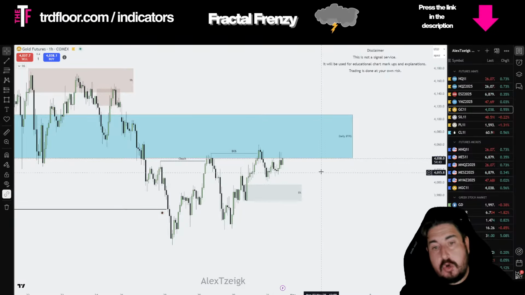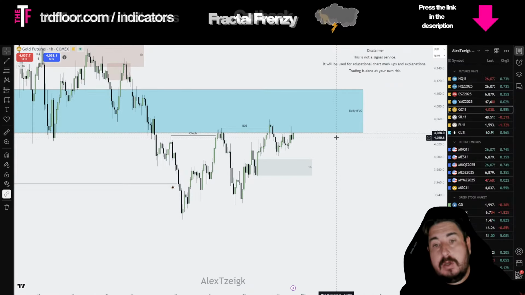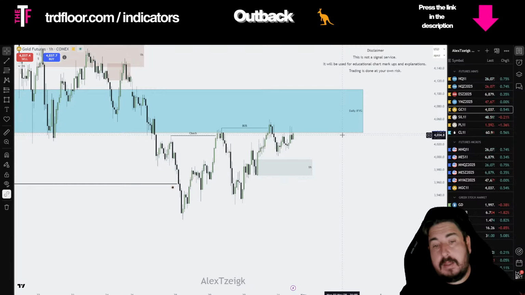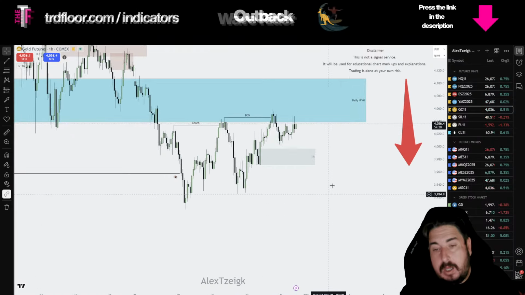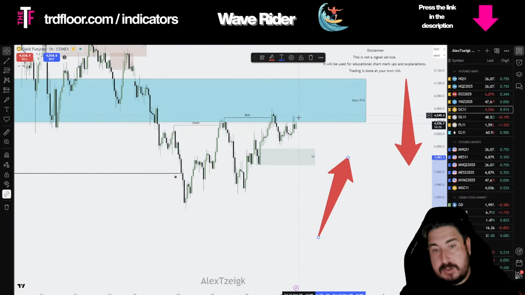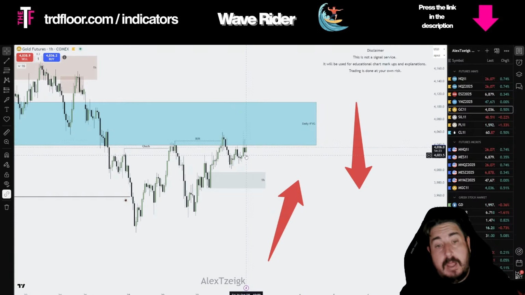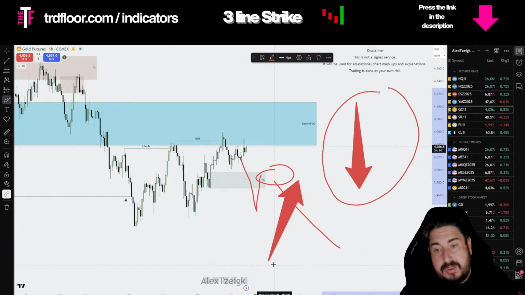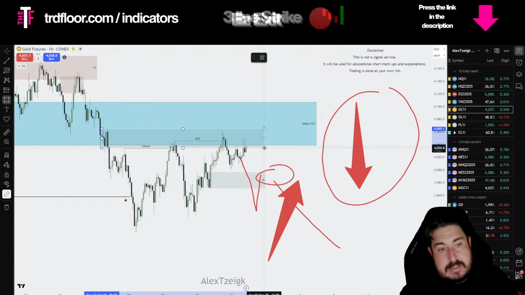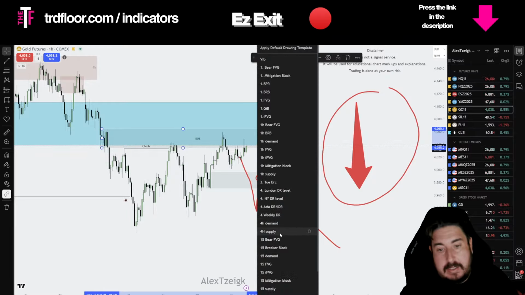in the daily. So, what I would like to see in order for me to take a high probability trade. Yes, we all know that the daily order flow is bearish, but what am I seeing over here? I'm seeing that price is bullish order flow in gold. What I would like to see is this level to break, retest, and this is my high probability trade to go with the higher time frame order flow. If, of course, price continues and breaks this bearish order block where price is reacting currently,